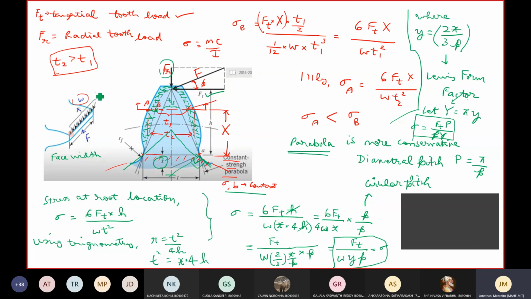Face width, and this is UDL. We consider that it is a uniformly distributed load over the face width of the tooth. Whenever it is a line contact and in engagement, it is a uniformly distributed load. Also, we considered that the x factor, the small quantity called x, always describes the form factor; it tells us how the tooth form is. Using different x and p values, you will get different forms of the tooth. So this is the importance of the Lewis form factor.